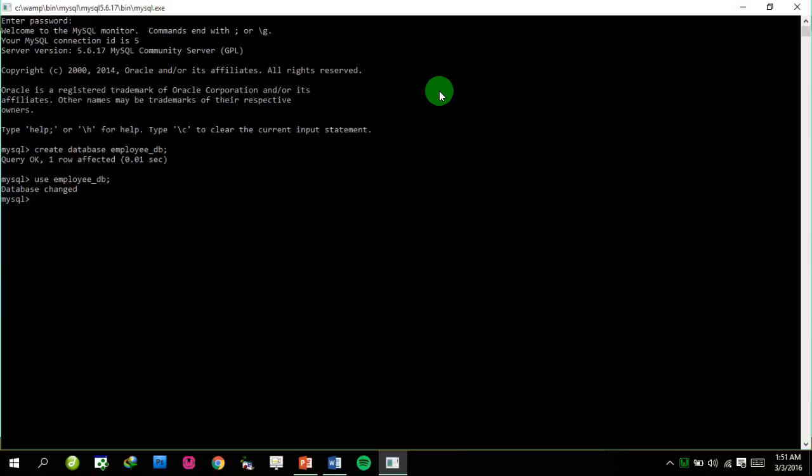Now take note, after creating your own database, you must use employeeDB in order to make some changes, for example in order to add another table to your database. So let's try to add a table and name it employee. So create table employee, then the attributes are the employee ID, data type 10, then primary key,